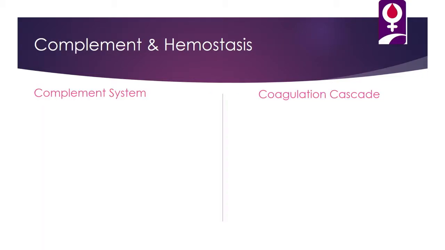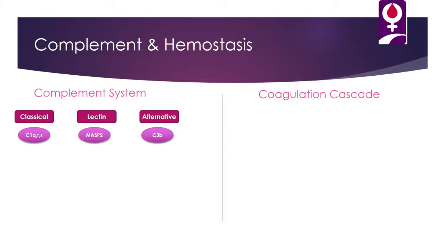So the complement system, the triggers for the complement system are divided among the three pathways: the classical, lectin, and alternative pathway. The classical pathway, its main effector is a C1q complex, and it's activated by immune complexes. The lectin pathway is activated by charged surfaces on pathogens, and its critical regulator is MASP2 enzyme, and the alternative pathway involves an amplification loop involving C3b.